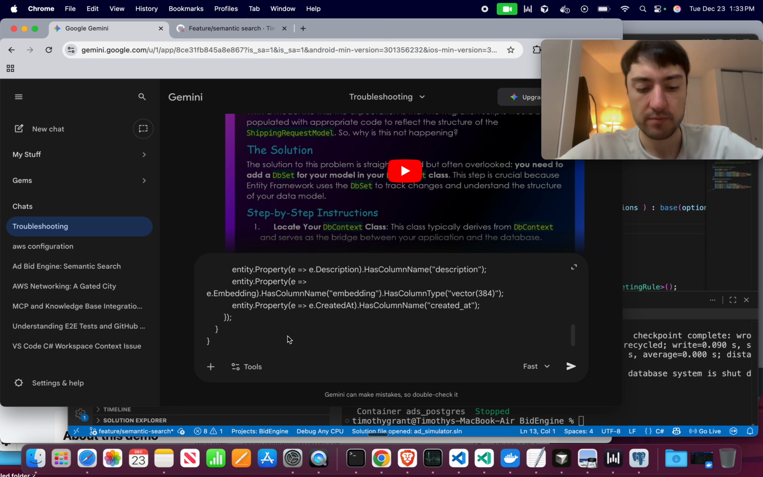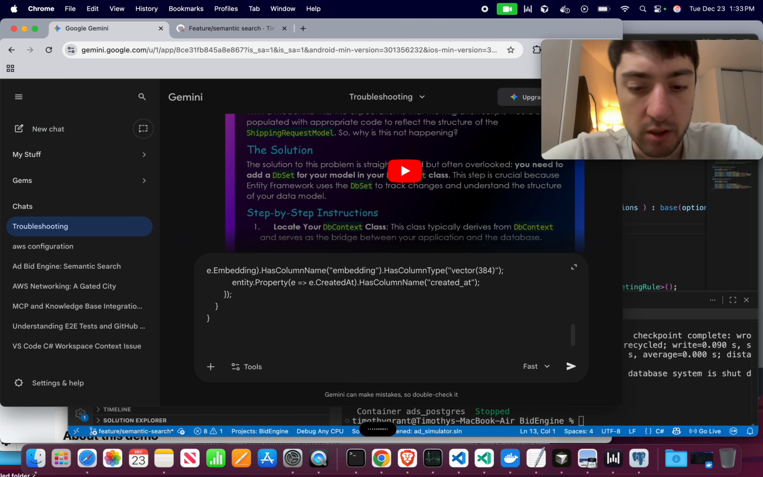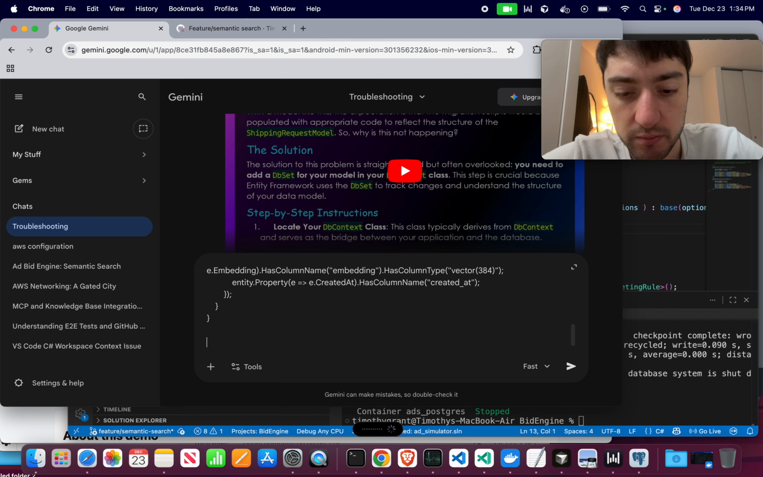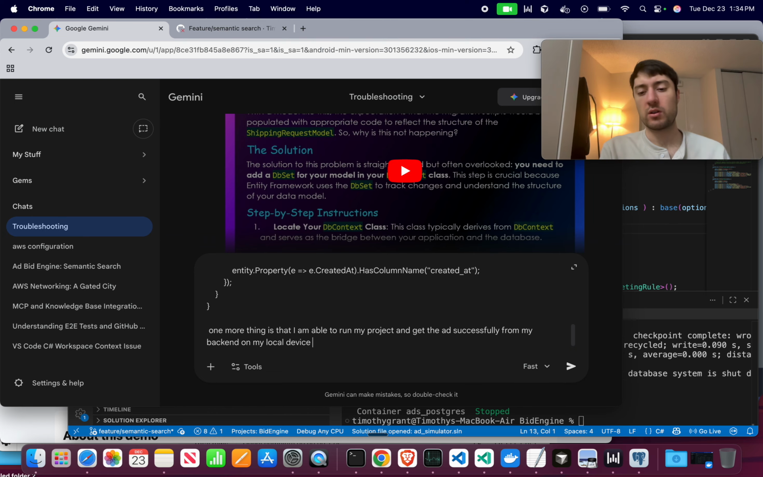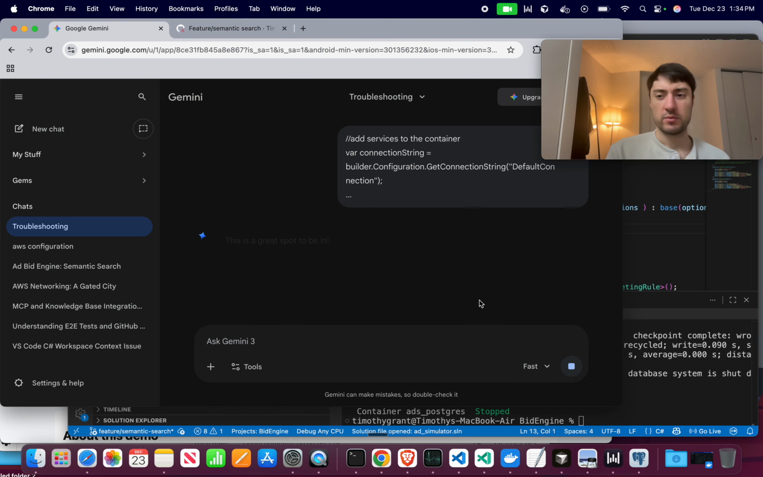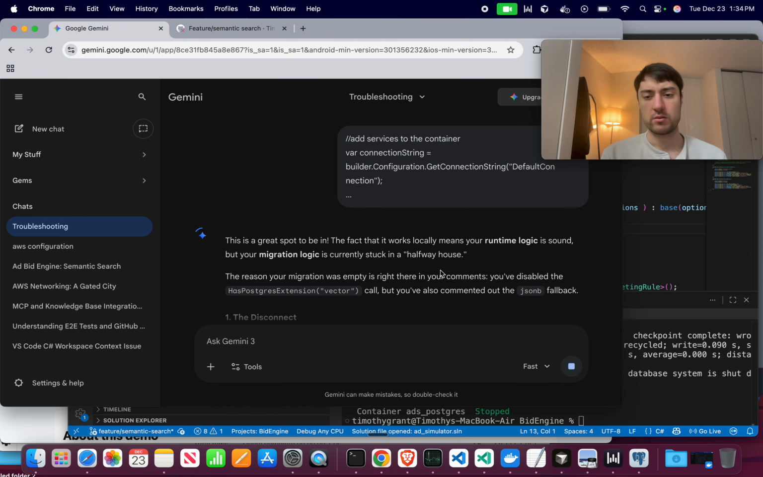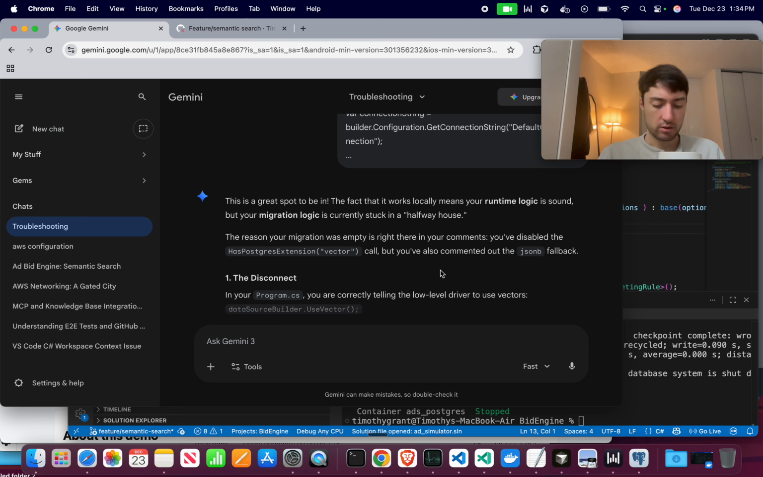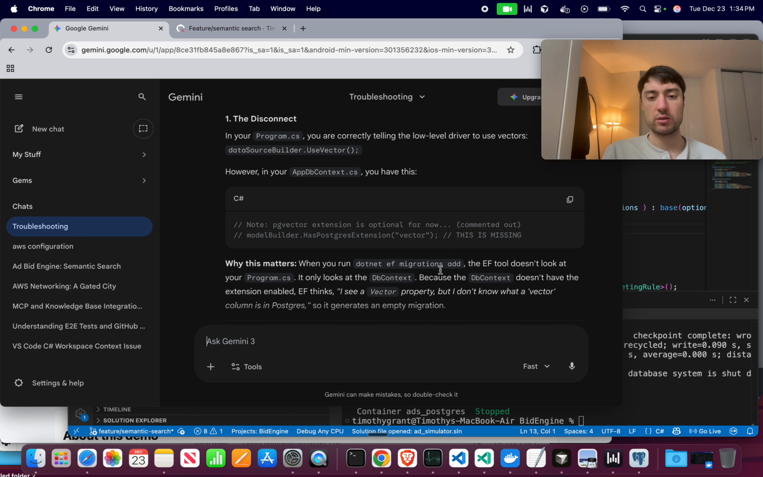Okay, so I didn't get it. One more thing is that I am able to run my project and get the ad successfully from my backend on my local device. Also, can I do like .NET test or something? Layer migration. Oh, I should have also said that we had other migrations as well. So